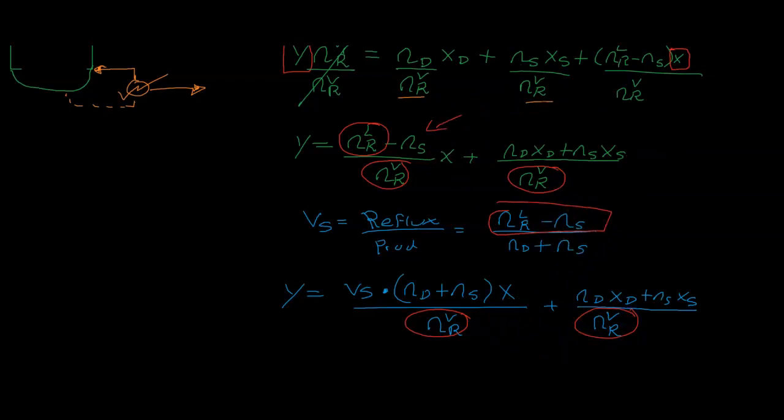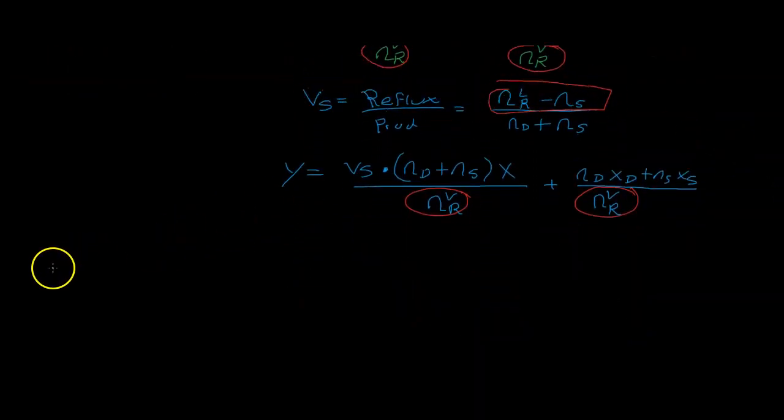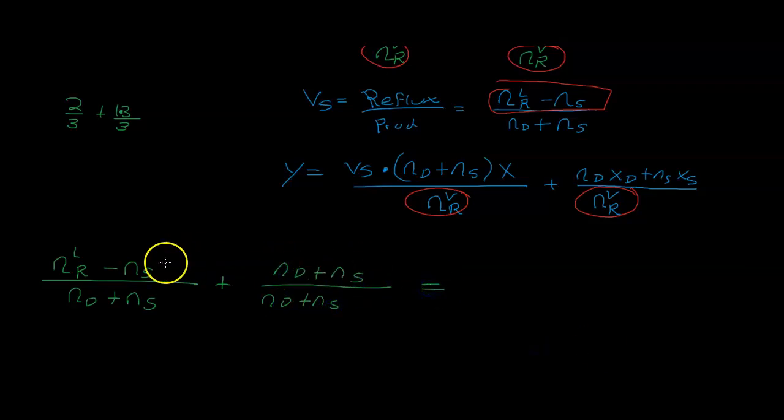So we have this reflux ratio that we define here. Let's put it here: nr minus ns over nd plus ns, right? If you add 1, like 2/3 plus 1 is the equivalent to 3/3 times 1, so it's the same, right? So we are going to add 1, meaning nd plus ns. And what's the beauty of this? We get rid of this, and then we have